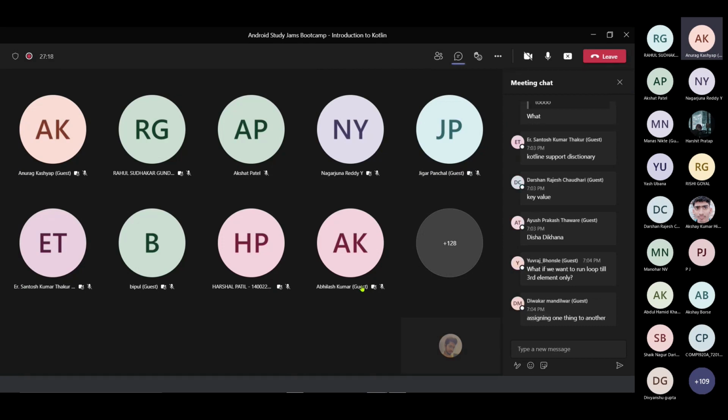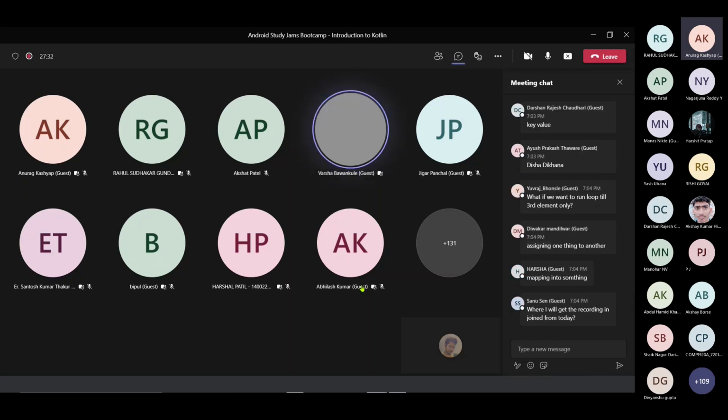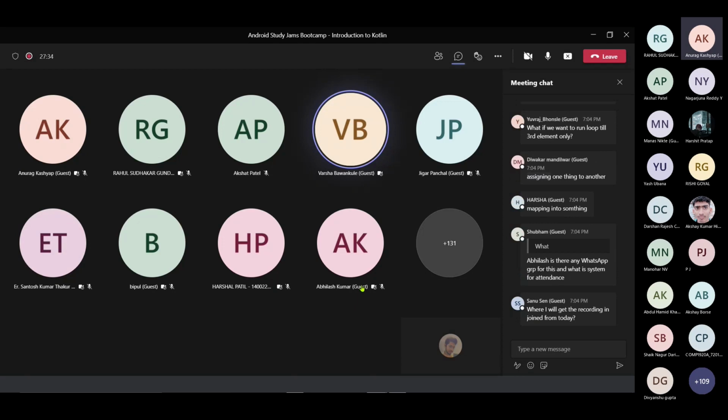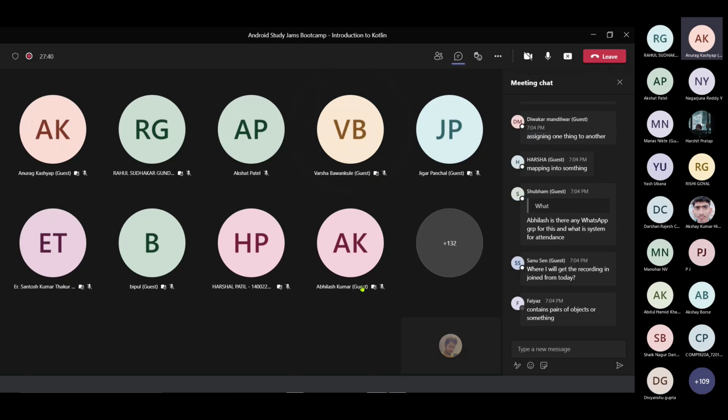It's just like match the column. So map the column. Assigning one thing to another. Assigning something against any respective character. Very good. That's great.